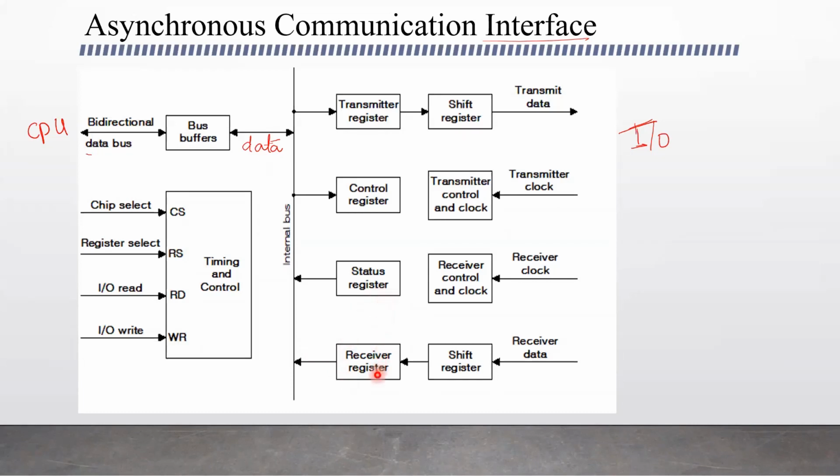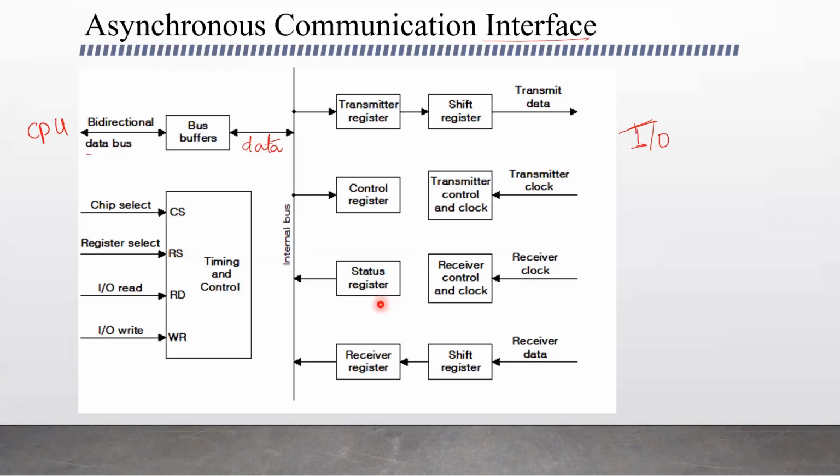It means there is no data to receive. The shift register receives the next byte of data, the next set of characters, places it in the receiver register and sets the status flag as full. The receiver register full is set, and the CPU checks that and receives the data. So here we have discussed the status register, which indicates the status of the transmitter register and the receiver register, to denote if they are empty or full, for the CPU to transmit and receive data.